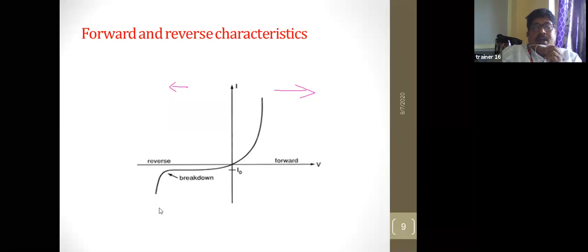Then the voltage remains constant. For a particular voltage, the negative current increases. So that is the reverse bias. And the next,